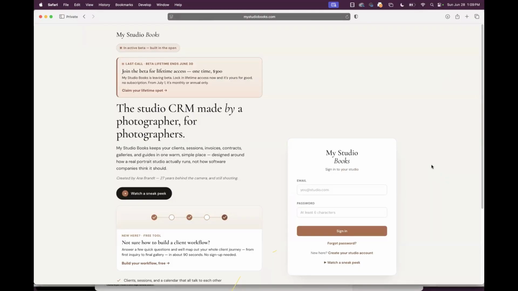The bottom line, in a nutshell, is that it's the database, the house to keep all of your client files and information. A lot of times when I'm mentoring on Zoom, I was mentoring someone the other day and I asked, where do you keep your client information? She said a notebook and a spreadsheet and Excel and Trello and so on. She had it in like five different places. I asked, well, how do you email them? She said sometimes WhatsApp, sometimes I text, sometimes I do a group email. Well, how do you know when their last session was? The bottom line is her stuff was everywhere. And unfortunately, that's a lot of people.